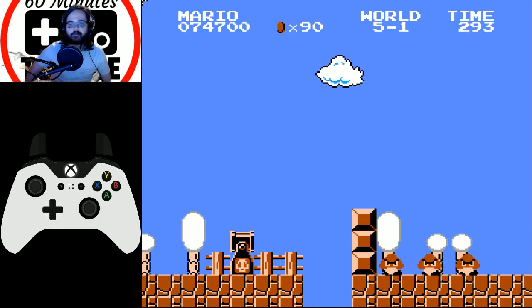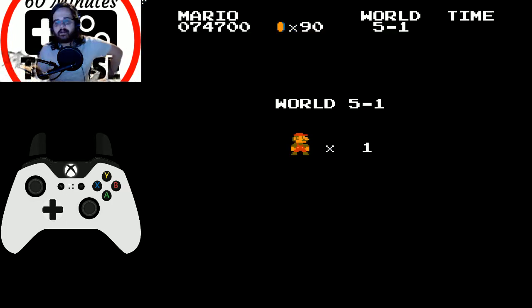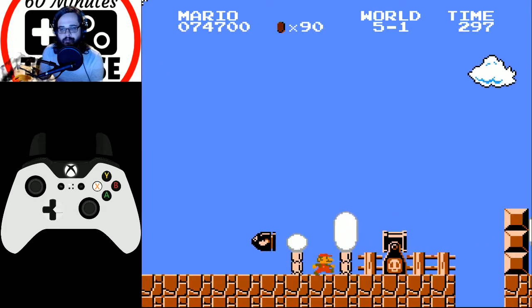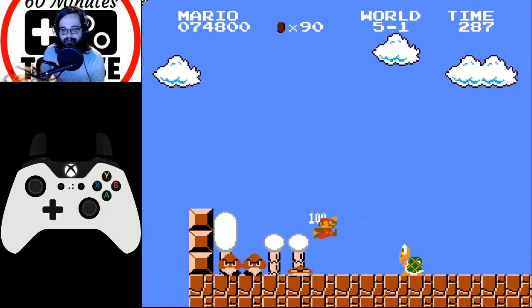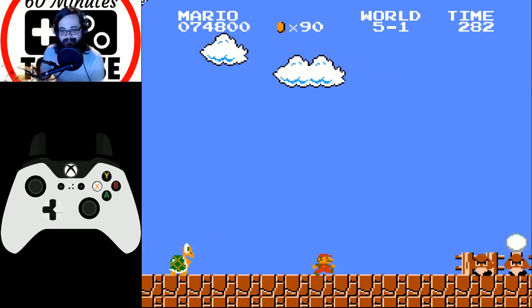On that note, I think we're progressively playing worse as we keep going through this here. I need 10 coins to get a 1-up. I would like to go into the castle with at least 2 lives, although at this point I can't even guarantee that I'll make it to the castle. It's